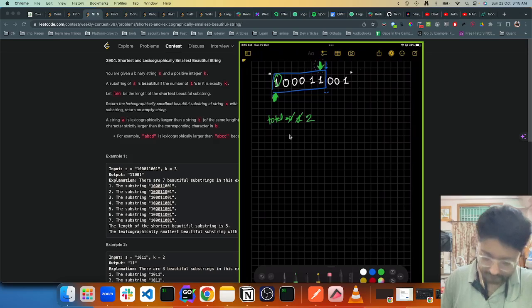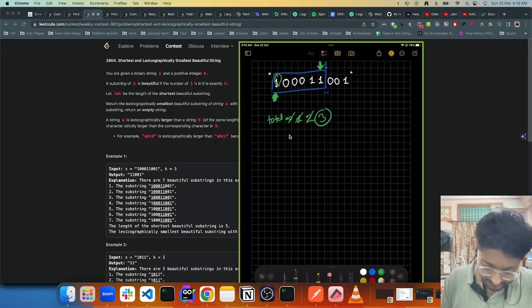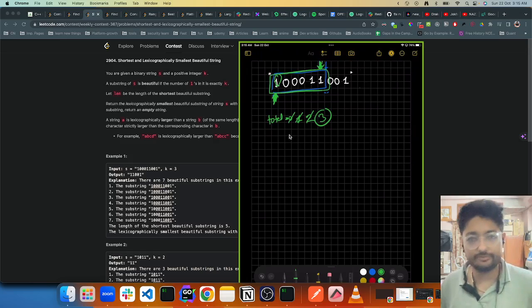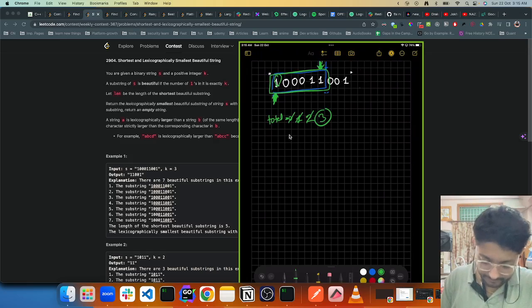Move to the next one. It again sees 1, it becomes 3. And exactly when it becomes 3, I find a substring between this pointer and this pointer that consists of exactly 3 ones. That is k amount of ones. Now, when I move more on the right hand side of this pointer,